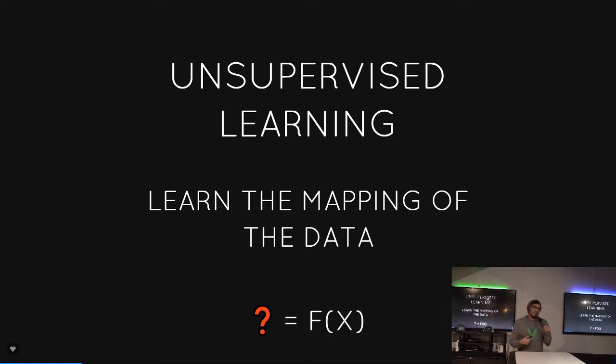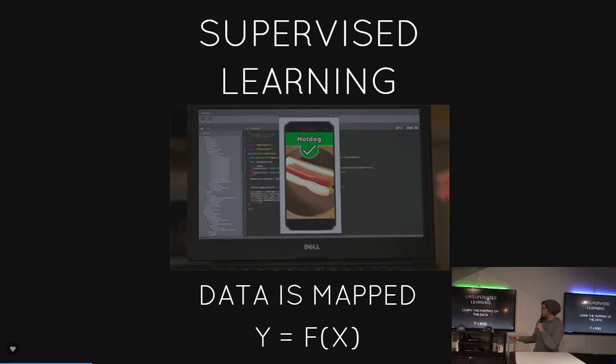And this is learning the mapping of some data. You don't really know a lot about your data, and you just throw it all against the machine and see what sticks. And it'll start to look for patterns. An example would be a bunch of images you don't know, and it just finds, hey, this is a pile of something. There's a bunch of circles, basically, and edges I can detect. These are all piles. I don't know what kind of piles. They may be rocks, they may be potatoes, M&Ms, I don't know. But it's a pattern, and you might not have the time to go through all your images and start to categorize.